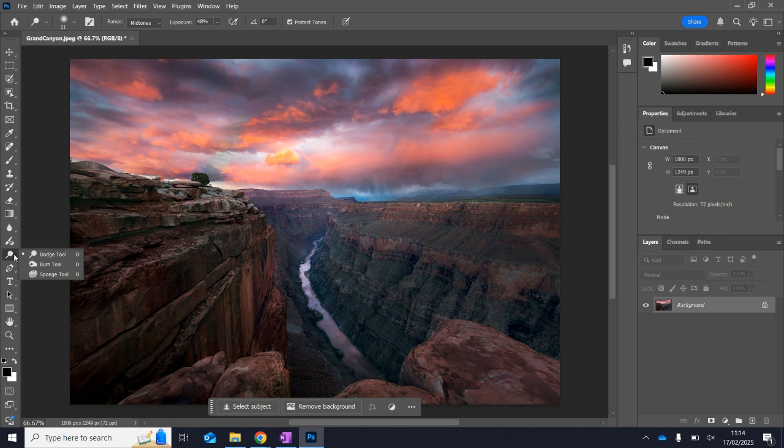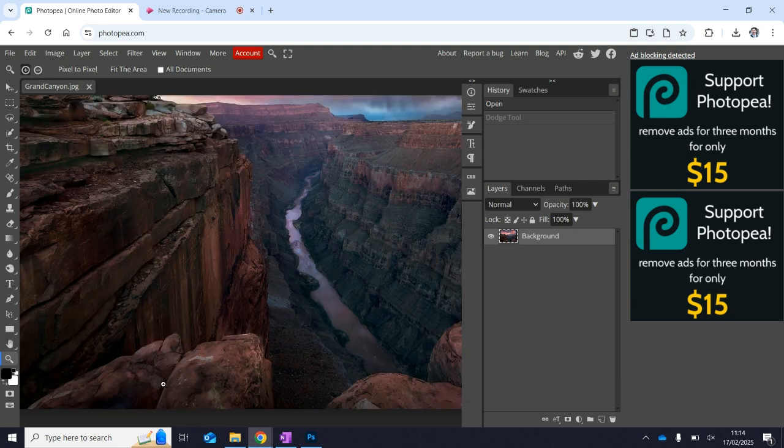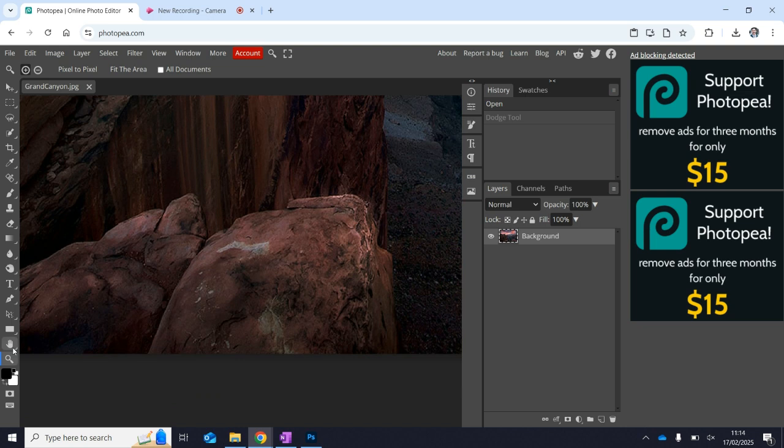Now, as you can guess, the burn tool does the opposite. The burn tool darkens it. Just for comparison, let's have a look in Photopea. So we're going to right-click, come to our burn tool. In fact, let's say we want to darken these rocks at the front here in the foreground. So let's just zoom in a little bit so we can see them a bit clearer. Let's come out to our